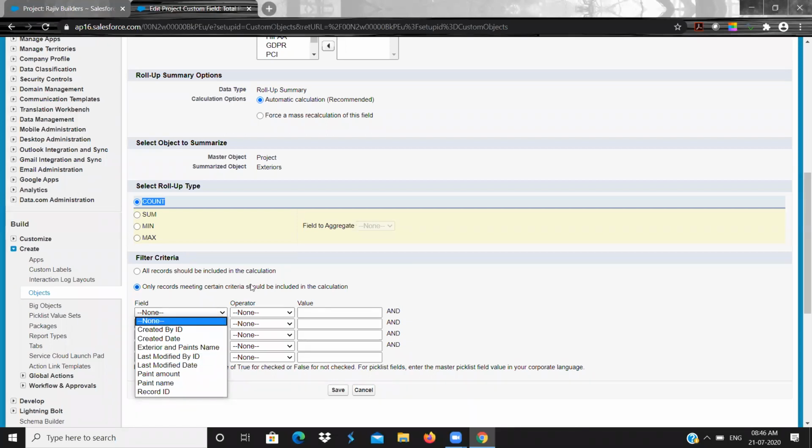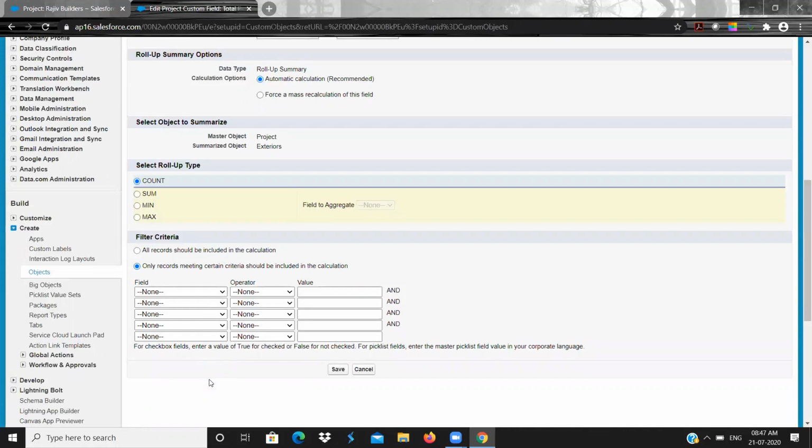For example, if you order in Amazon, you wanted to see only the last 6 months' orders, what will you do? You will apply a filter, and give last 6 months. Similarly, here you can apply a filter based on the criteria so that it will neglect the records from calculation. Okay, that is the thing used in roll-up summary. Clear, Sujin?